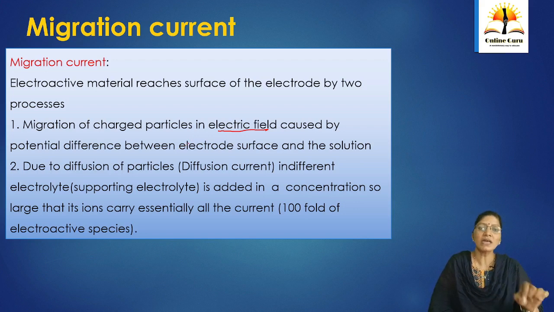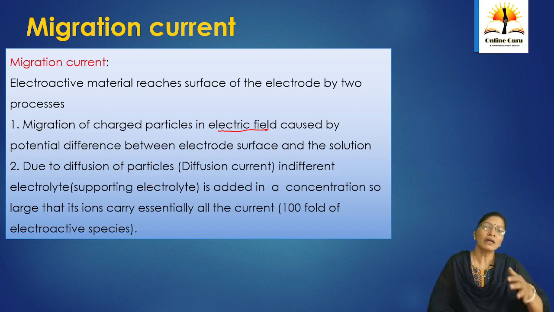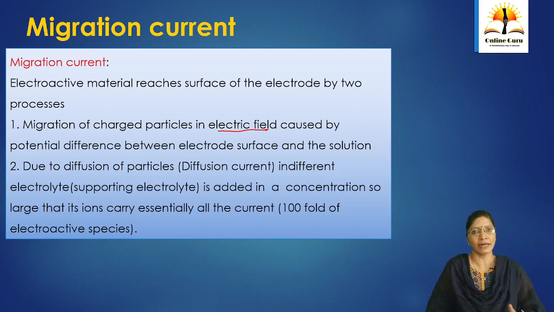Okay, that is done by residual current or by supporting electrolyte. Suppose we have some migration taking place, like in conductometry where we have migration of ions, that will interfere with the supporting electrolyte performance. That's why we can suppress this phenomenon by increasing the concentration of supporting electrolyte 100 times that of the analyte. So now nobody will migrate from its position. They will be there as they are. They will not produce any migration current.